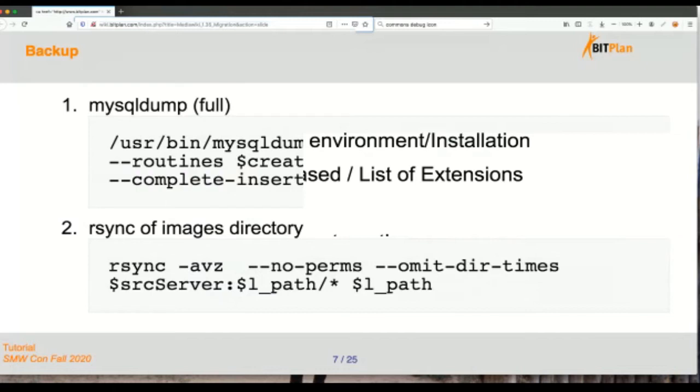So as with most things you do in life, you want to avoid risks. And the risk here is that you lose data. And if you want to avoid losing data, you might want to make a backup. The backup procedure for that, in our case, is something that we do daily, like the first one, the MySQL dump. That's something we do daily.